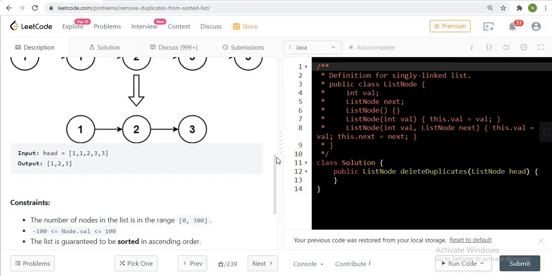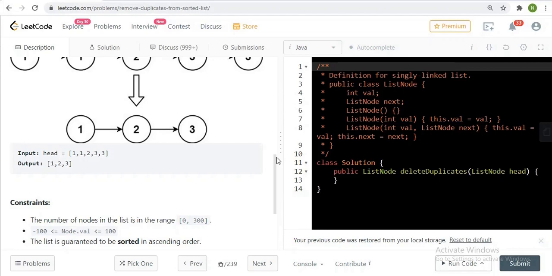So what we can do, on each iteration we check whether the current node value is already present in the set or not. If it is present, then we can simply set the previous node next to the current node next, because we have to remove this.